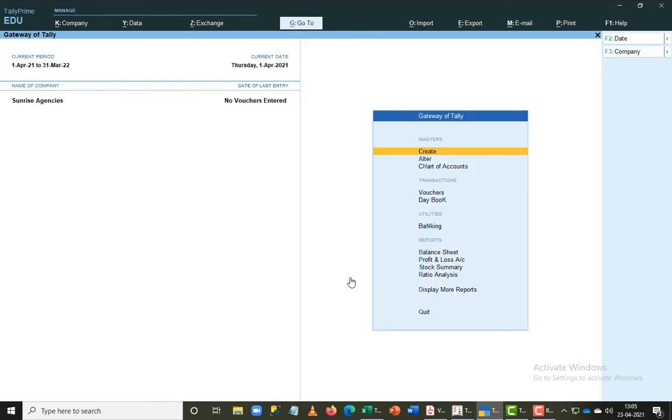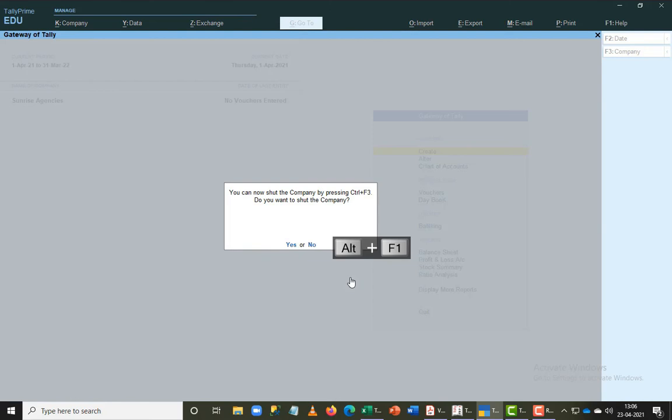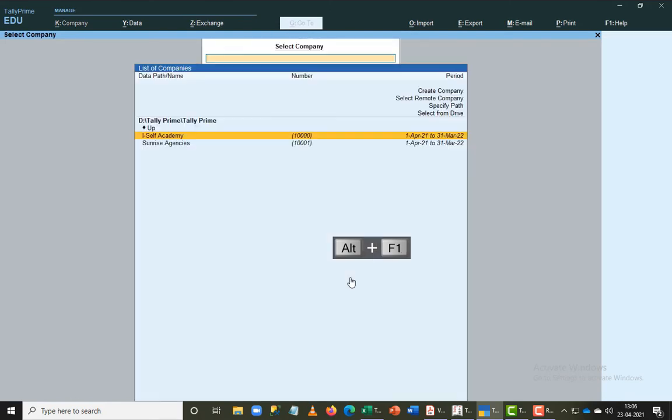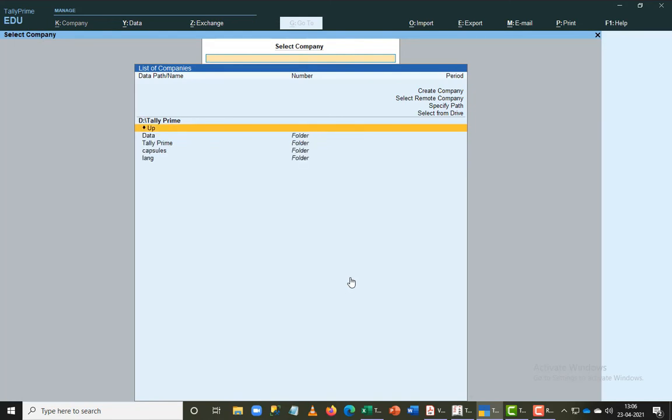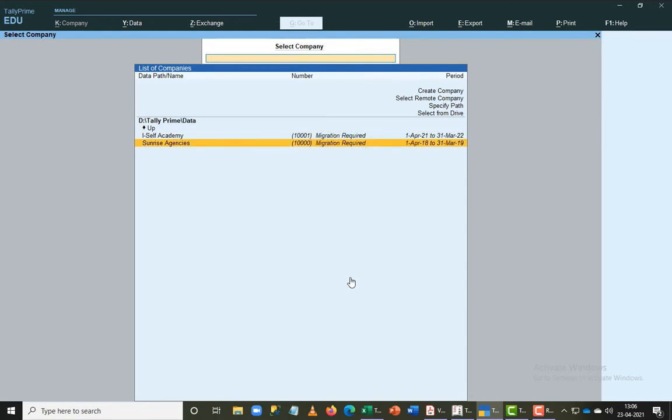So let me just take that data that I've worked on in Tally ERP9 earlier and convert that into Prime data. So I'm going to come back to our list here, go to data, and migrate this data from Tally ERP9 to Prime.